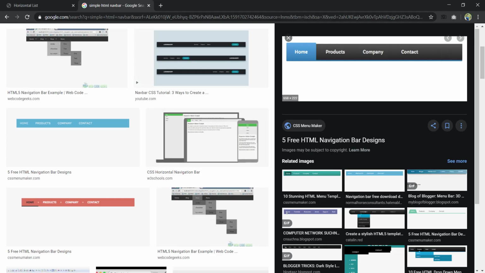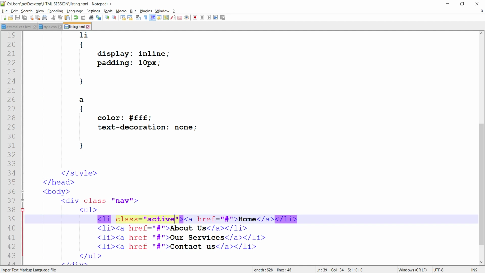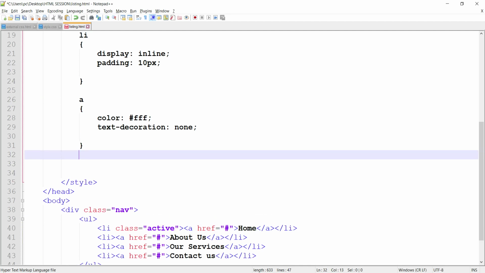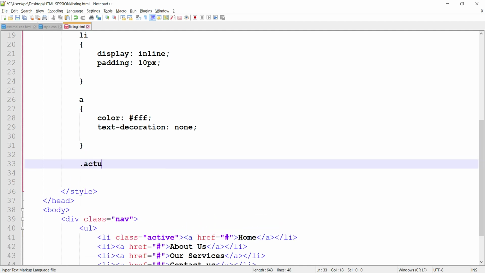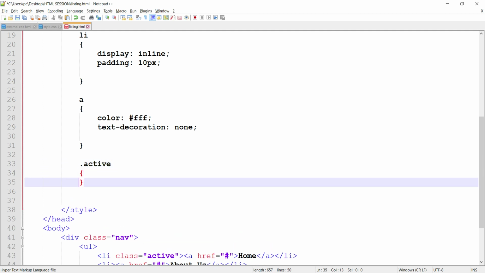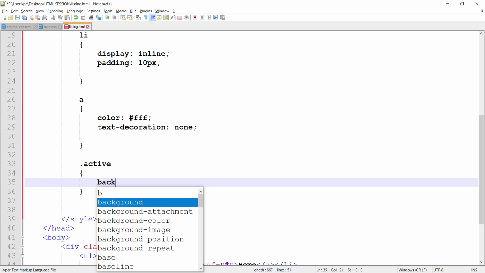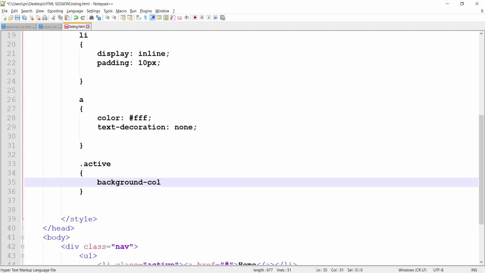And active you have to target with blue, and the rest by default will take black. Let me show you here. Just simply I will write active, and I will give background color to any other color. I don't know which color this is, but let's see our output.